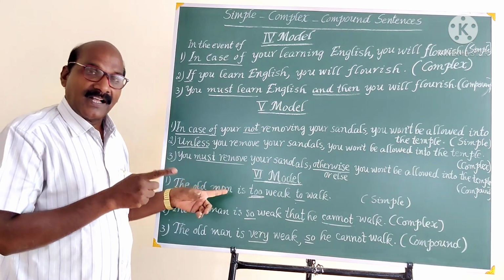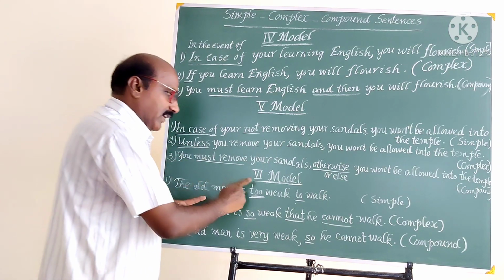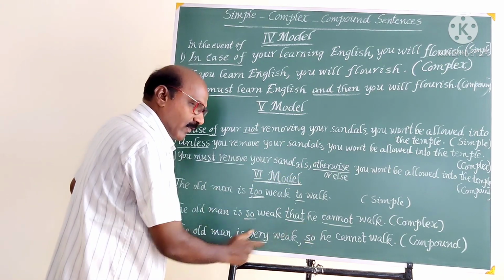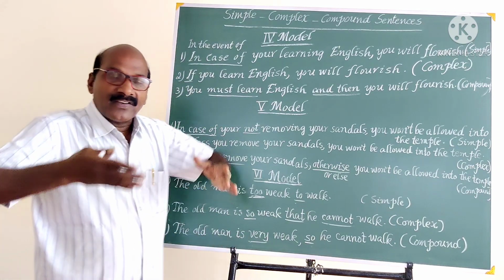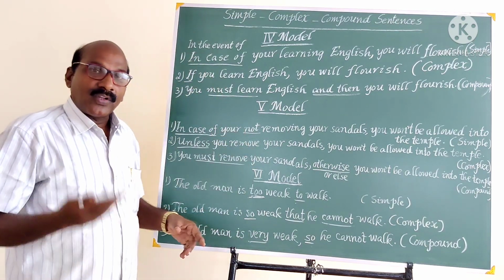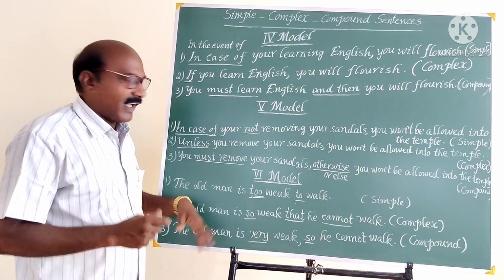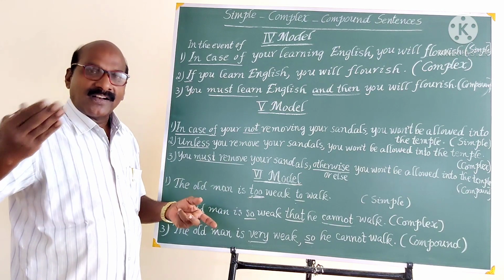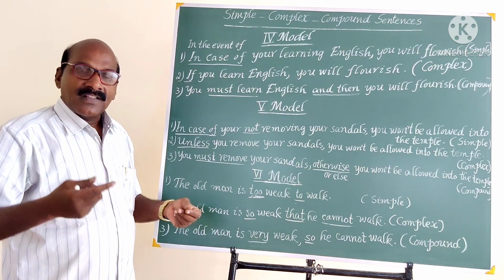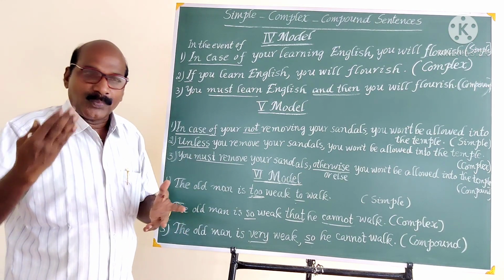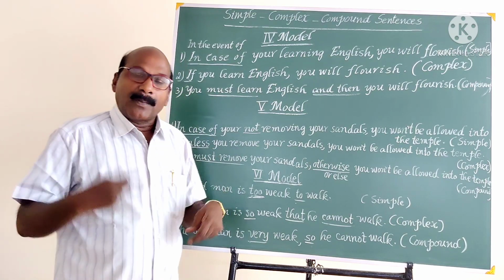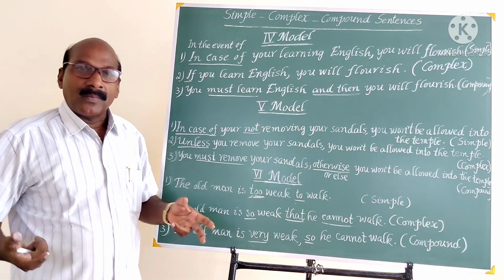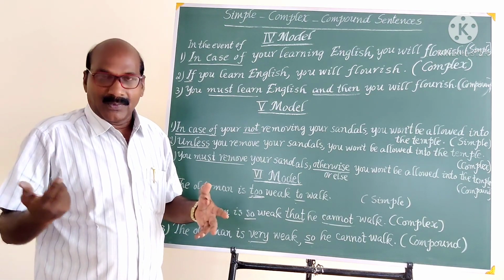Simple sentence, to; complex, so that; compound, and, so. So all these points should be kept in mind so that we can write perfectly or speak perfectly while changing one sentence into the other sentence. Using simple sentences all the time in our speech or in writing is not good. Sometimes we have to use complex and compound sentences also in order to make our language effective.